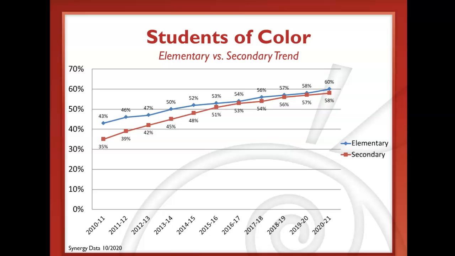We have seen our racial diversity grow from our elementary into our secondary. And you can see that about 10 years ago, it was really trending differently for our elementary schools, where that was changing faster than our secondary schools. But as those students have gotten older and grown up within our system, we've seen a narrowing of that trend where they're almost exactly identical.